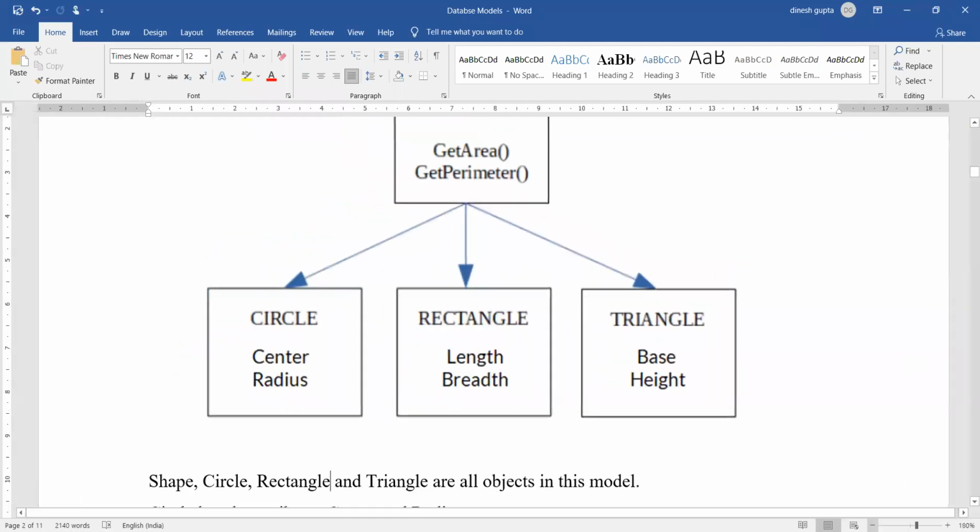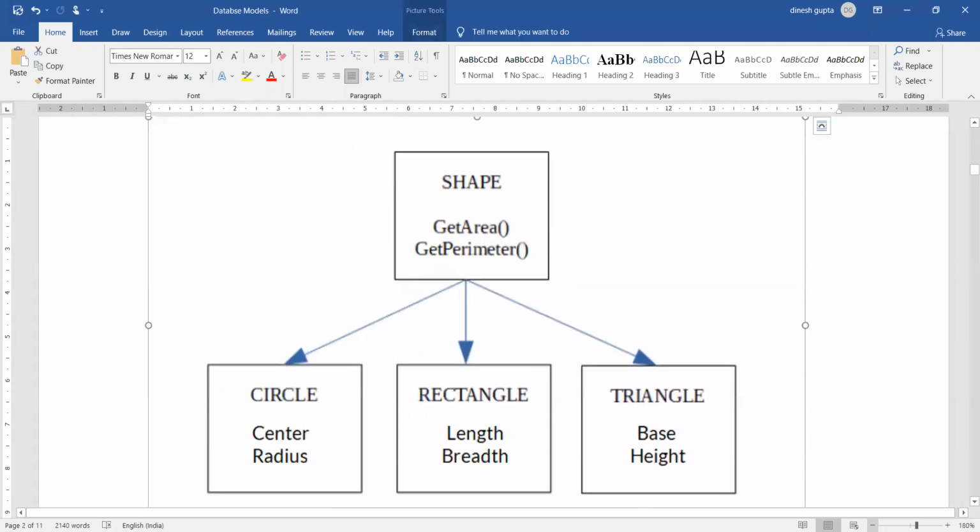If you look at this example carefully, what you get is a class named Shape. A shape basically finds you the area and the perimeter, and the objects or classes for which you can find it are the circle, rectangle, and triangle. So basically some of the attributes